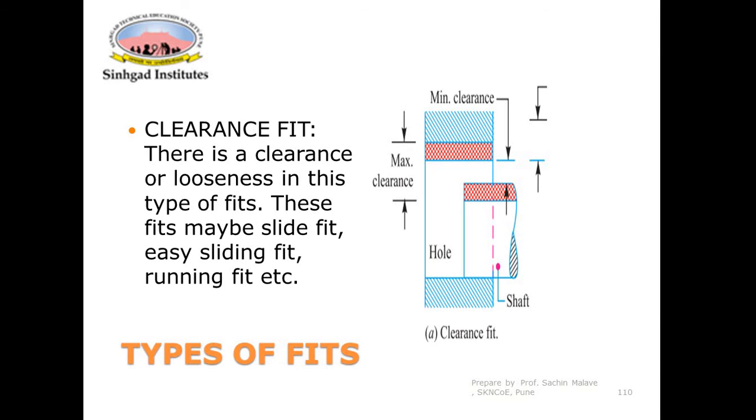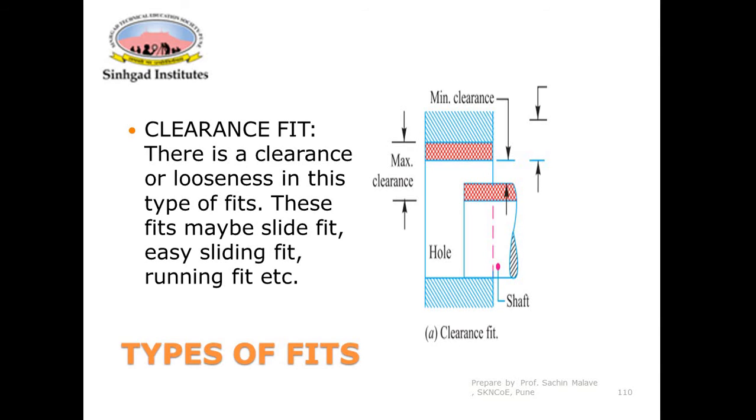There is one more possibility. There are many possibilities, so we are discussing the extreme condition. There is a possibility that the hole may attain the maximum size, the distance between this and this, and the shaft may attain the minimum size, from here to here. So in this case,